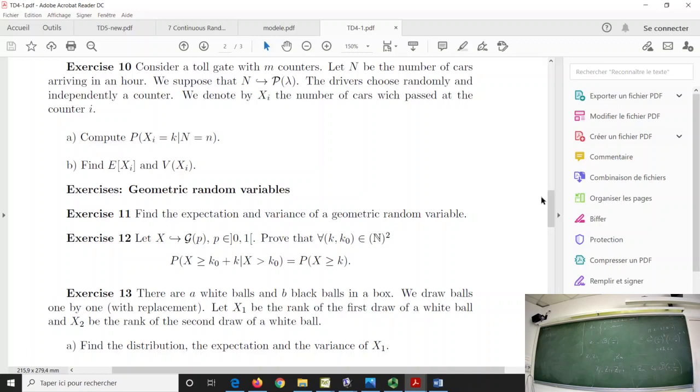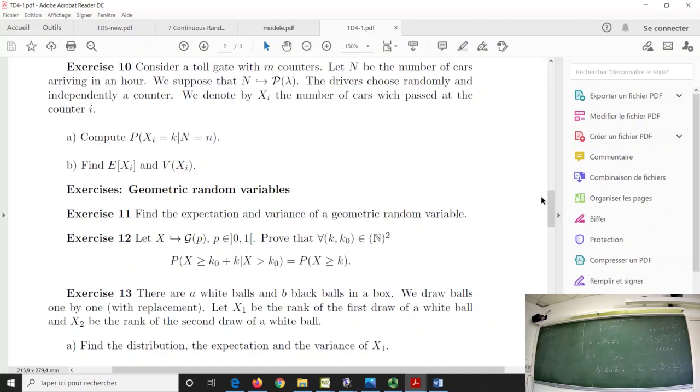Why is it 0 to infinity instead of 0 to n? It's exactly what I have said: the number of cars that arrive, it was my previous picture here, follows the Poisson distribution of parameter lambda. So it can be any number in capital N. No, my question was for B, you said we're going to consider 0 to infinity. Why not 0 to n?